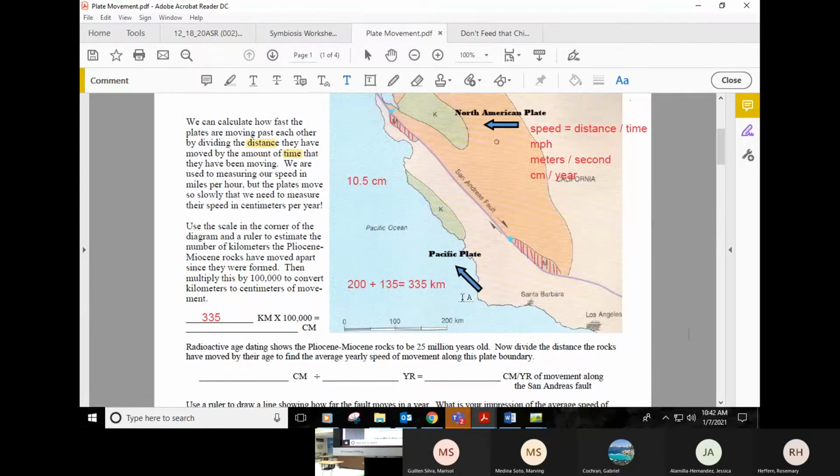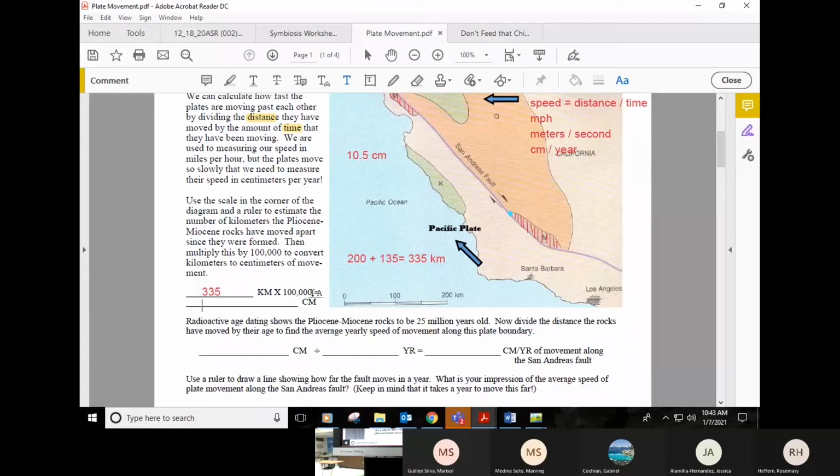At any rate, I've measured that from the top of this rock to the top of this rock that were once connected, they've now been broken apart and they've been offset by 335 kilometers. But I have to convert this to centimeters, and the way I do that is by multiplying by 100,000. So go ahead and do that. You're going to need a calculator here in a second, so pull up your calculator on your phone. You can do this on your phone right now, or